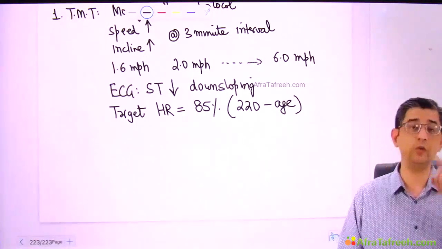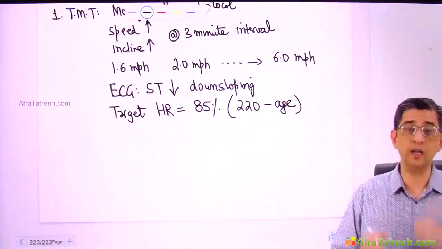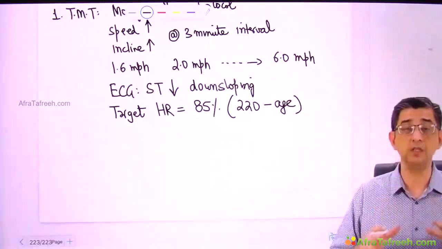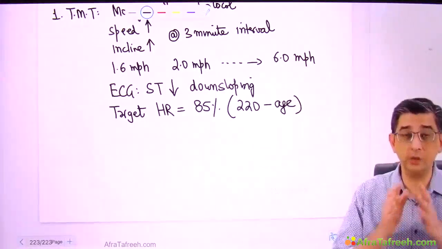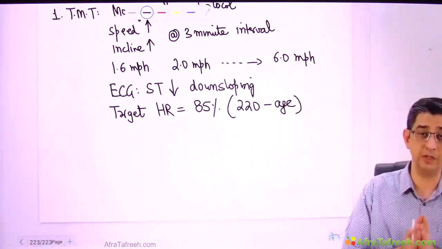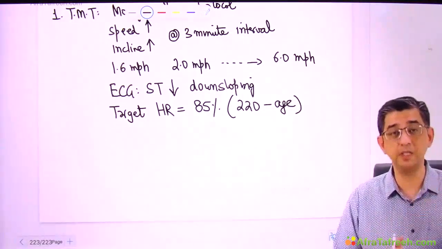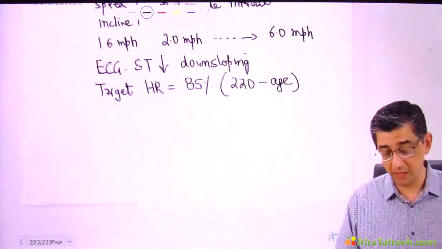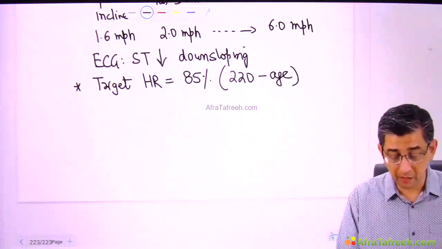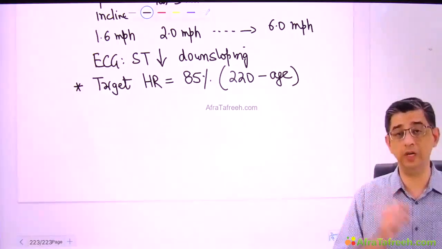Let me say you're 20 years of age and you are a fit guy and you ask me how hard can I run on a treadmill, my answer is you can run so hard that your heart rate can go up to 200. Yes, at 20 years of age you can do so much exercise that even if your heart rate is 200, nothing is going to happen to you. But at 60, somebody obviously cannot generate a heart rate of 200. The message is we want to generate target heart rate in an individual. The formula for target heart rate is 85% of 220 minus age.